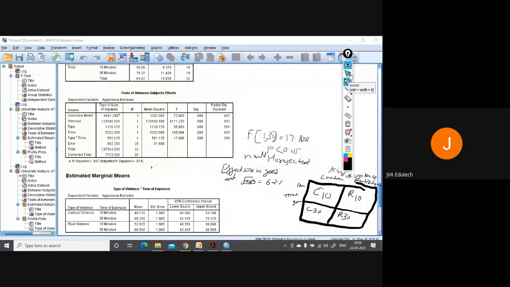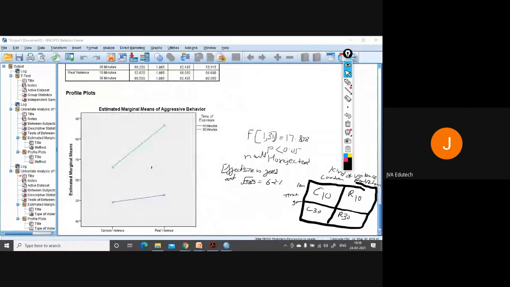Now you just see these profile plots. Sorry, this blue line is for 10 minutes, the green line is for 30 minutes. So as the time of exposure increases, the aggressive behavior of the kid increases. And as the kind of violence changes, from cartoon violence to real violence, if he is watching cartoon violence, the level of aggression is low.